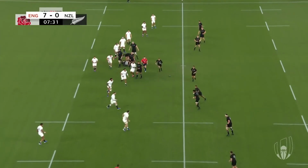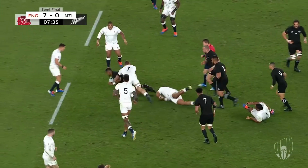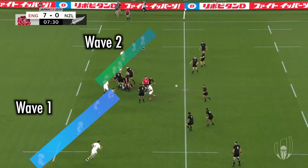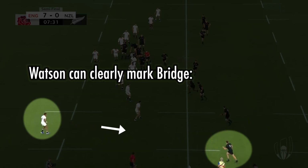As the All Blacks were still 3 years away from learning how to stop a rush defence, England were all over them. As we can see with Sevu Reece's carry in the 7th minute though, England aren't all in a single flat line. They've adapted the strategy to work in waves. While we can see 14 English players in frame, this usage of waves in a rush defence has allowed for